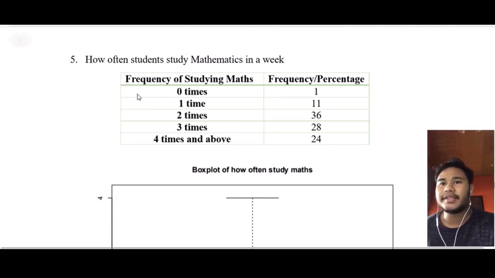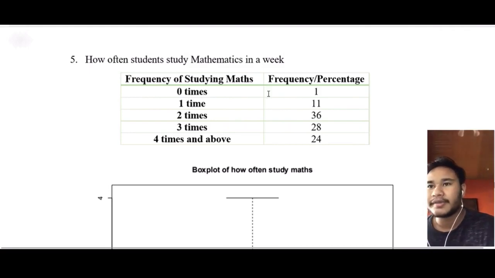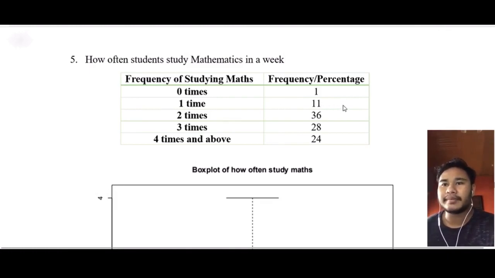Frequency of studying math: 0 times is 1%. 1 time is 11%. 2 times is 13%, 19